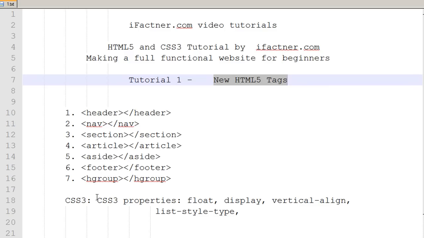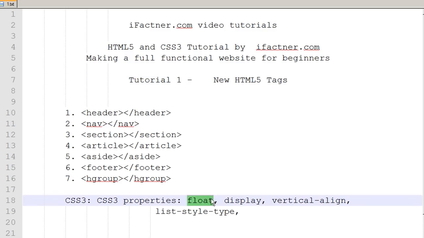And in CSS3 we will be focusing on some of the more specific properties, and those properties include float, display, vertical align, list style display, and other CSS3